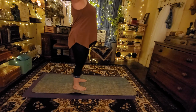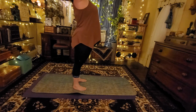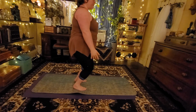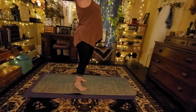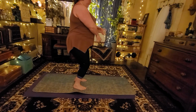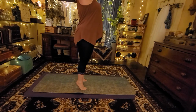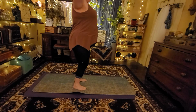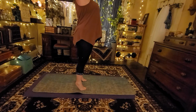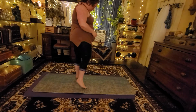Inhale up overhead. Exhale down. Getting a nice bend in our knees as we just kind of flow through this. Come up onto our toes. And down to bent knees, feet flat on the floor. Inhale up. Exhaling, pulsing through down. And let's do a bit of